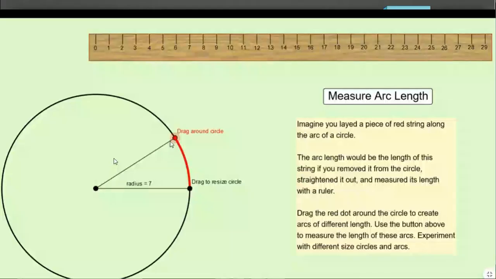Now you see here, if the radius of the circle is 7 units, now you can observe that this is the length of arc and this is the angle. If you increase the length of arc, definitely the angle also increases. When this arc length is 7, it is 1 radian. If you still increase the arc length, you can clearly observe the angle also increases. When it is at the other end, this angle is pi radian.